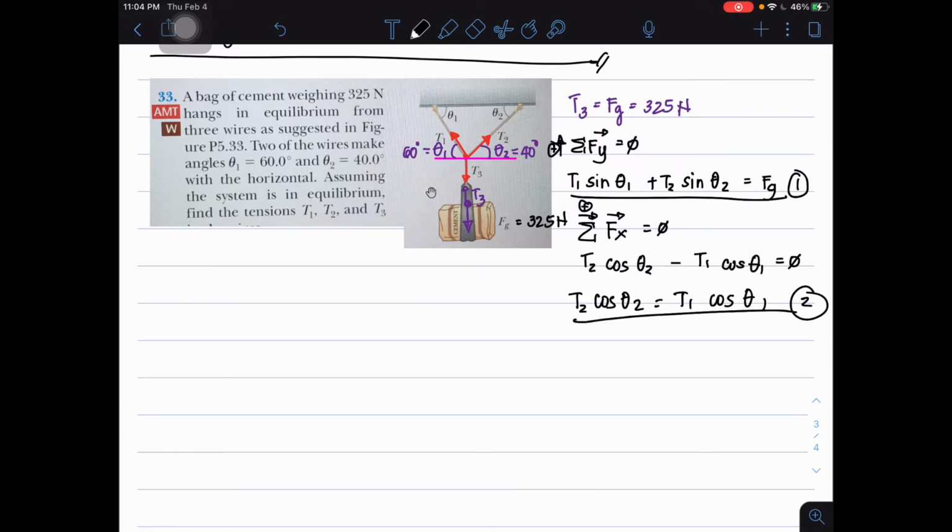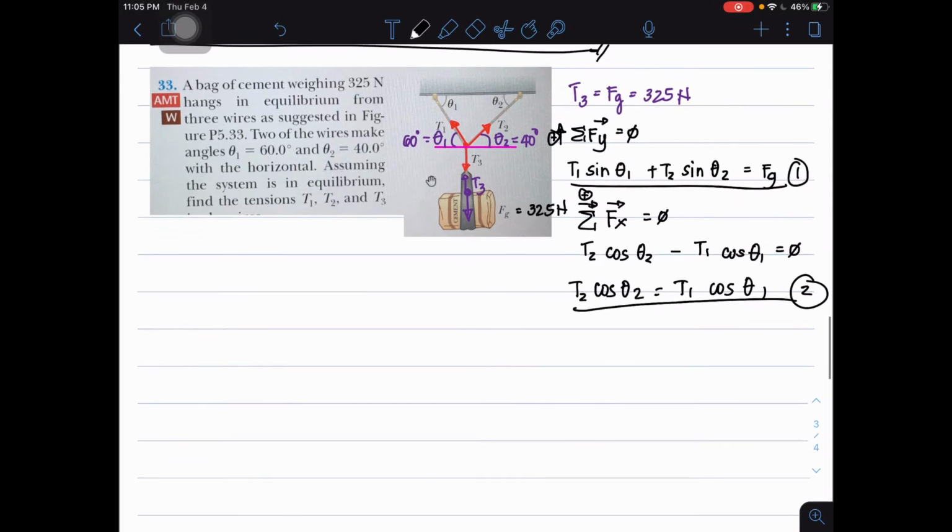Looking at our two equations, we have two equations and two unknowns. Therefore, we can solve for the values of T1 and T2. Let me arrange it. So we have T1 sine 60 plus T2 sine 40 is equal to 325 newtons, and then T1 cosine 60, no, that's 40. T1 cosine 40 is equal to